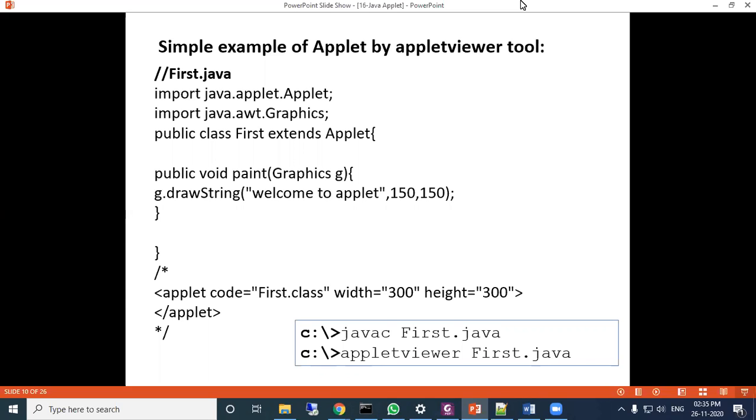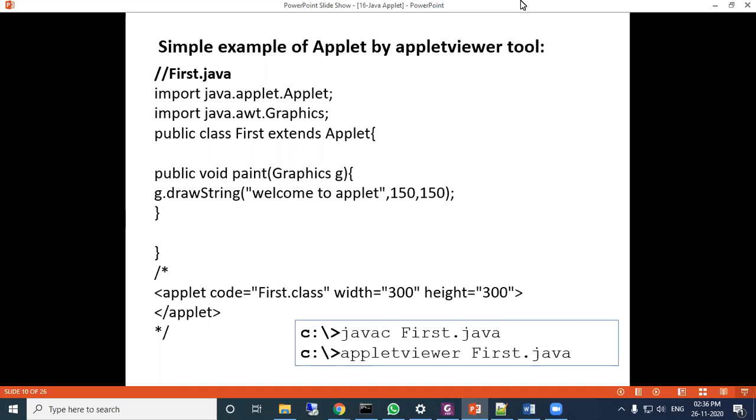So last class we started this topic, Java applet. Applet is a predefined class, and we inherit that class and use some methods of the applet, or redefine some methods of the applet.